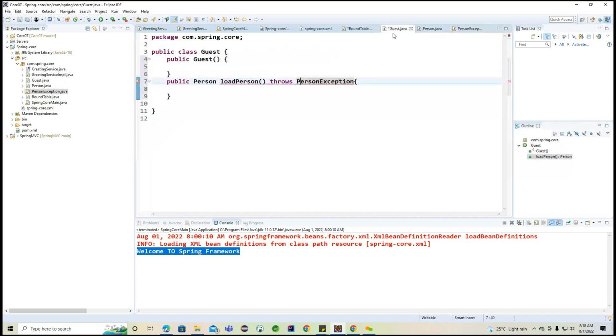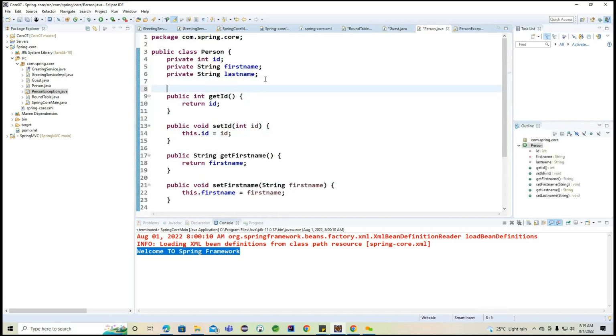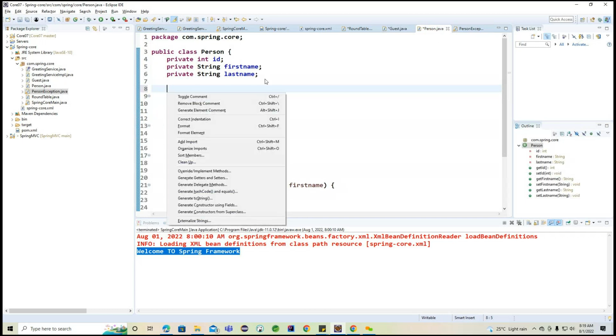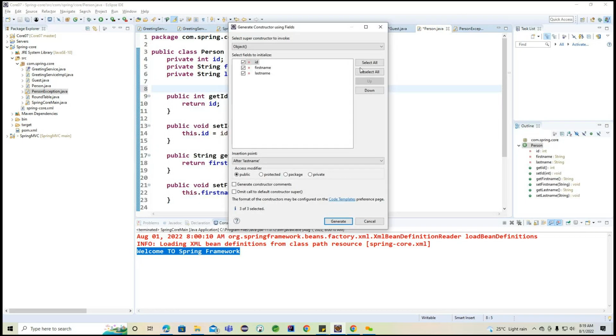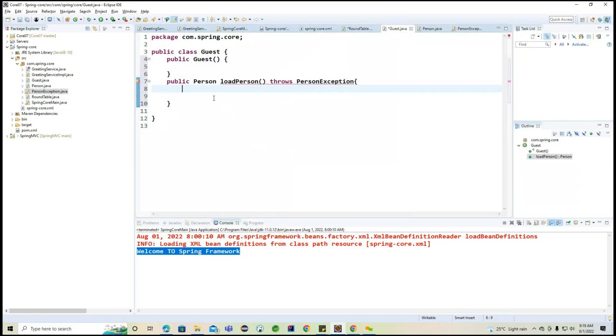Now we'll come back to the guest here. Okay, now what are we returning here? Here I'm trying to return the person. To return this particular person, now what can we do? Let me generate the constructor, like a parameterized constructor here. Constructor using the fields, I'm going to generate this, and finally here